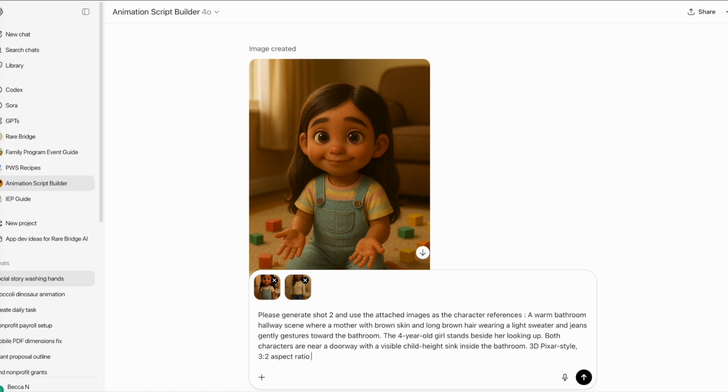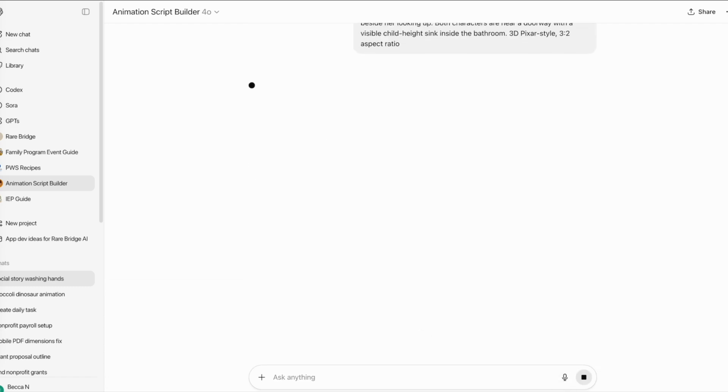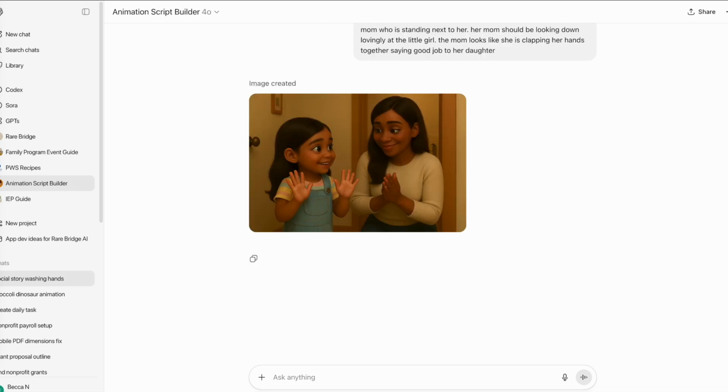Now that both of my character references are attached and I have that text to image prompt back in there with the instructions, we're going to run it and it's going to think for a few minutes. Okay, now that I've gotten all my images generated for my story, I'm going to head over to